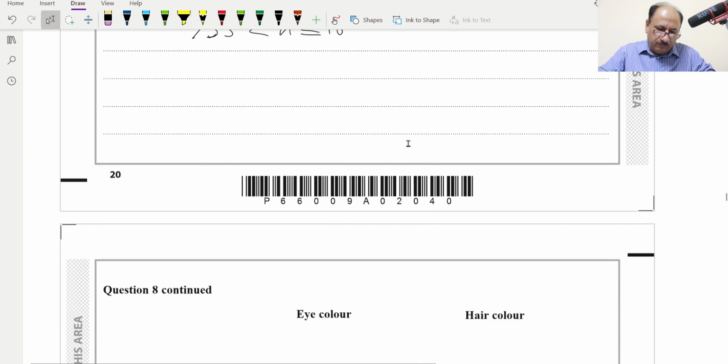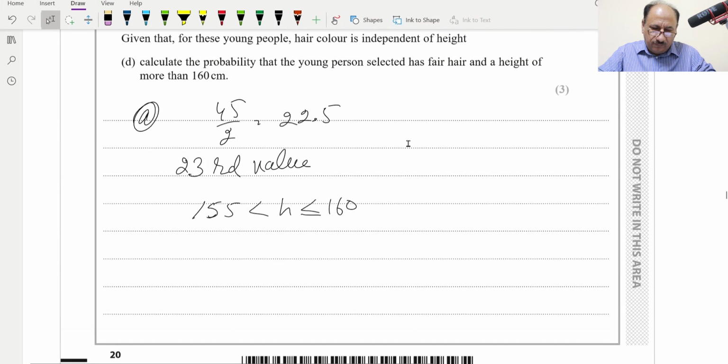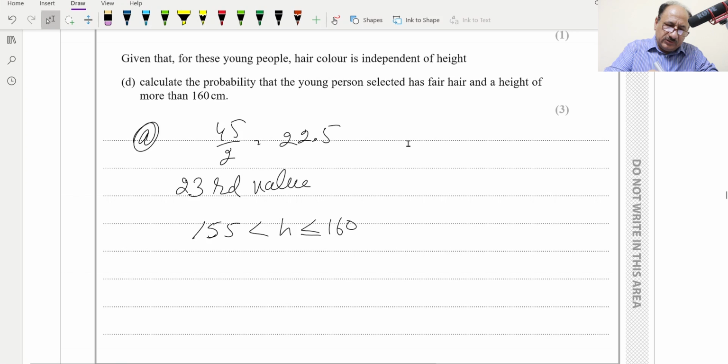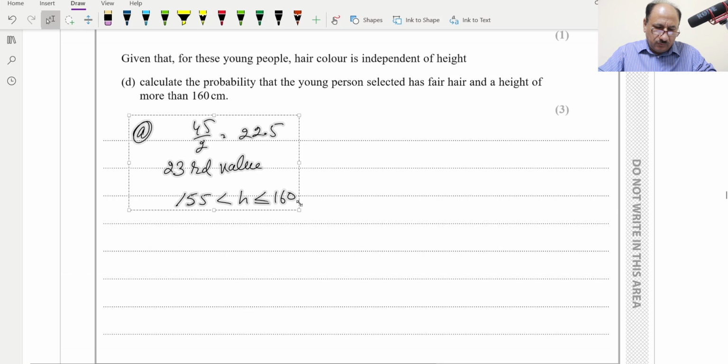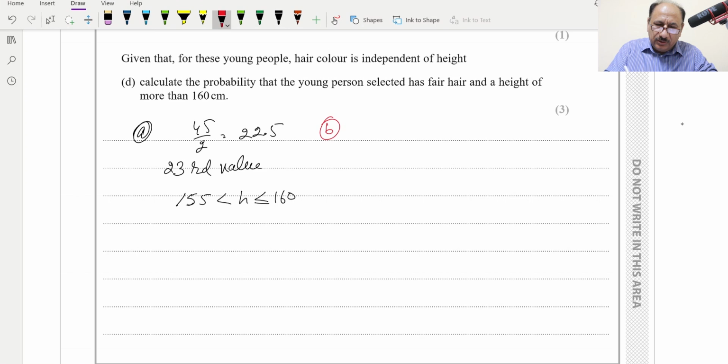So, formula for B part, we can write the formula. We have this space basically. What we can do, we can reduce this a little over here, and we can solve the B part. B part is saying what? We can change the color so that we can distinguish. B part is the mean value. So mean is equal to sigma fx over sigma f, the sum of frequencies, and sigma fx will be what? Mean will be equal to